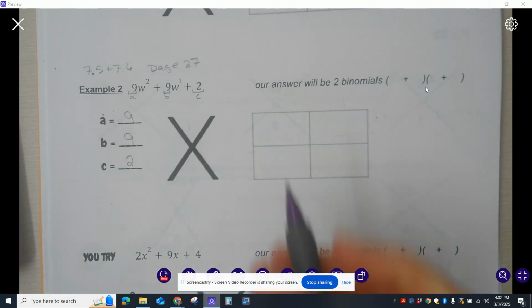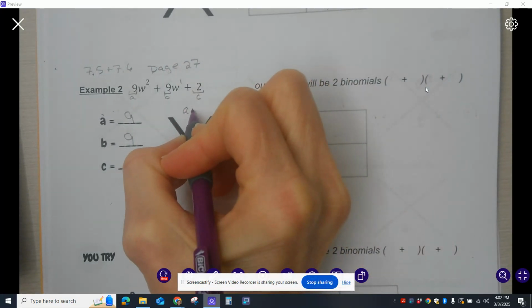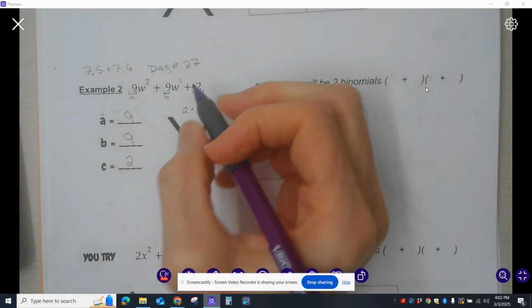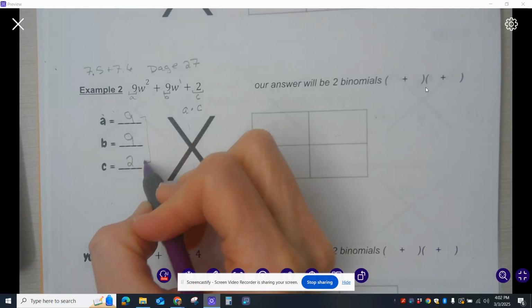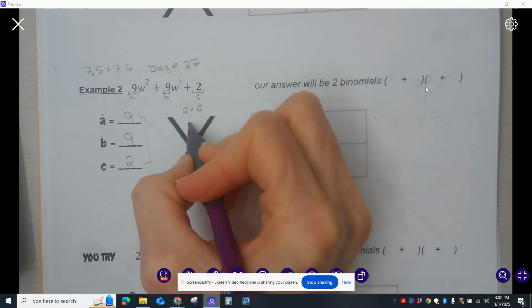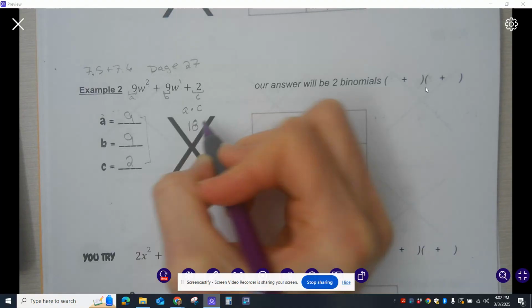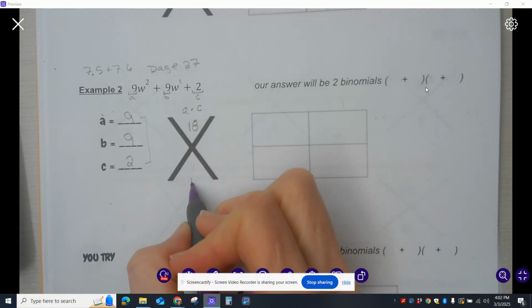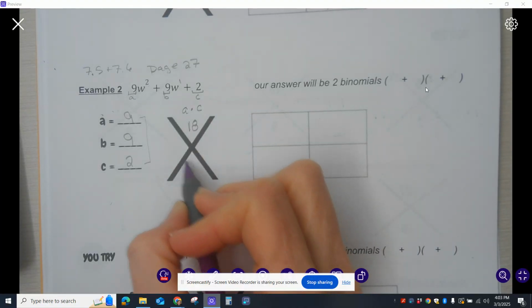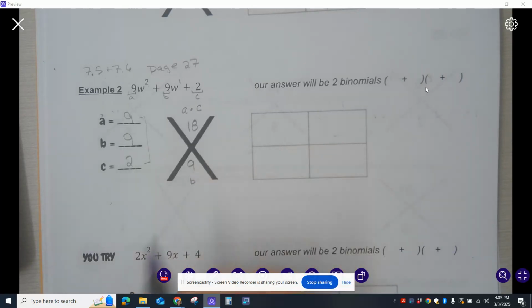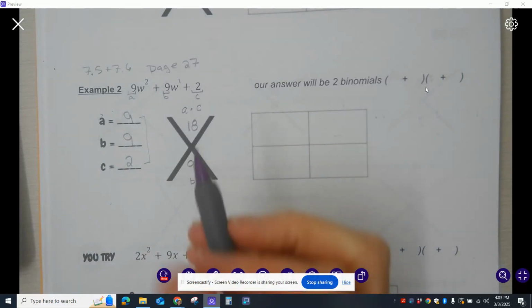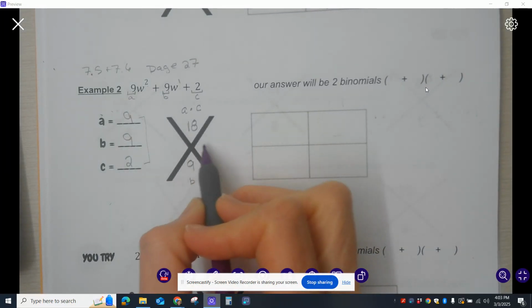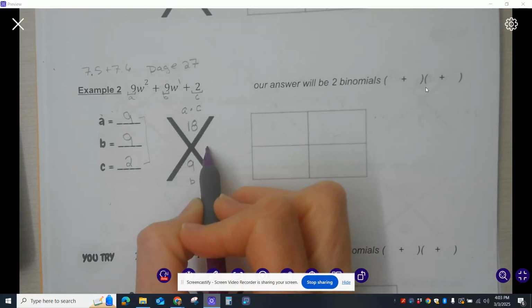Then we complete our x. At the top of our x goes our a times c. A times c is 9 times 2, and so I get an 18. The bottom of my x, I just put my b, and my b is 9. So there we go. Okay, now remember, I am looking for two numbers that I have to figure out what they are, and they go here,